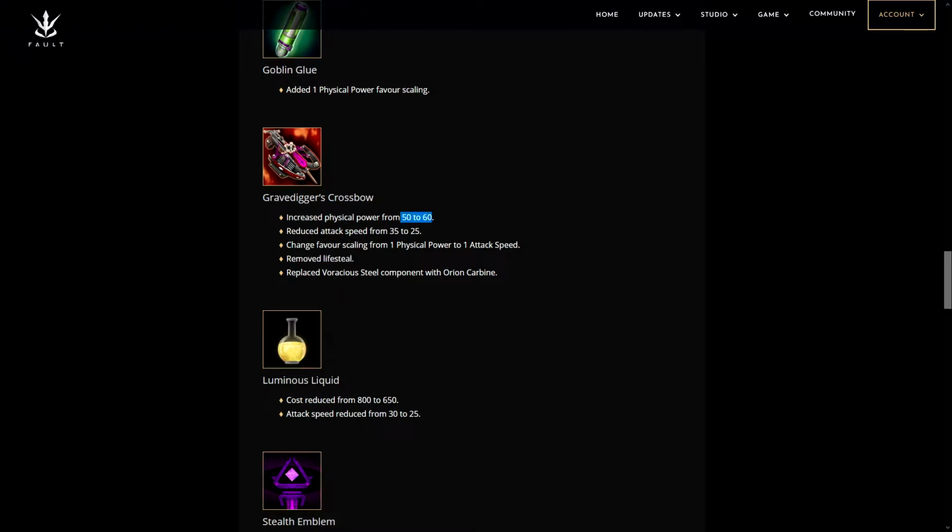These stats changing is just kind of shifting the item away from some power, lots of attack speed, to more power, a little less attack speed. What this means is this item is 3,300 gold. This item did not get a price reduction, which means that when this item had lifesteal, it was 3,300. Removing the lifesteal should reduce the cost. It didn't, which means this item without lifesteal is worth 3,300 gold, which means previous patch, this item with lifesteal